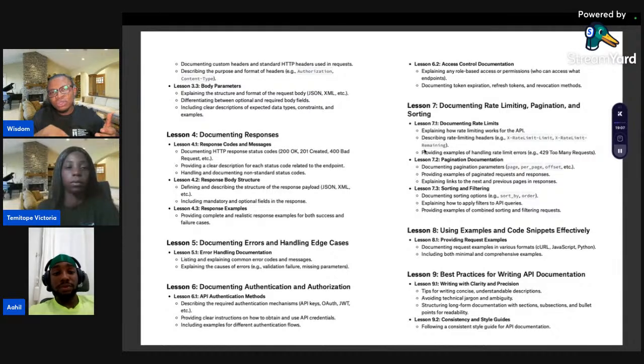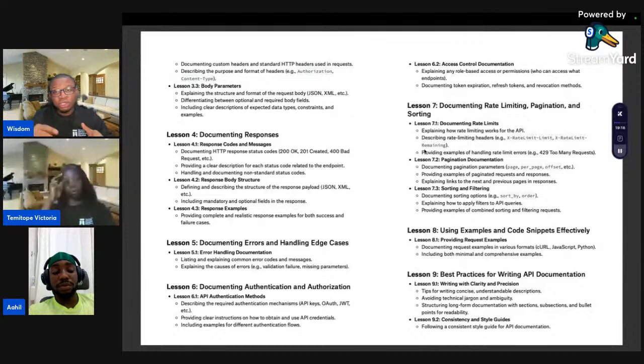Then using examples and snippets. Before, we didn't have platforms that probably cover this, but right now we have a lot of platforms, like Postman. If you document with Postman, you automatically have examples in different programming languages. You would see JavaScript, Java, Kotlin. Even in JavaScript, you see Fetch and different libraries. Before, you had to do that yourself, but right now the platform ReadMe has that. I think Mintlify also has that. So we need to tell you that this platform has this, and this is why you need to use the platforms that have this.